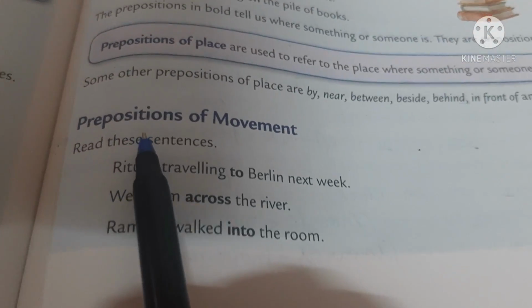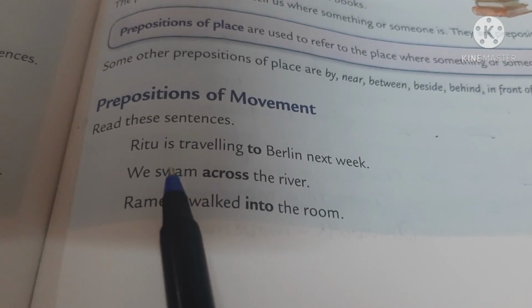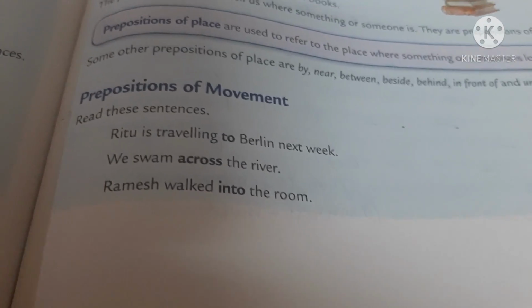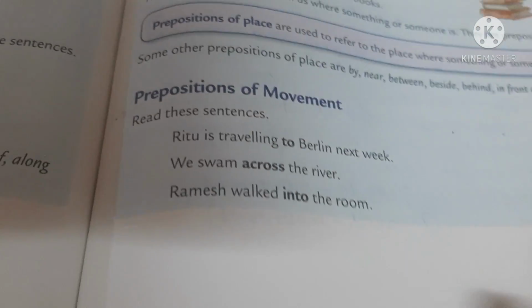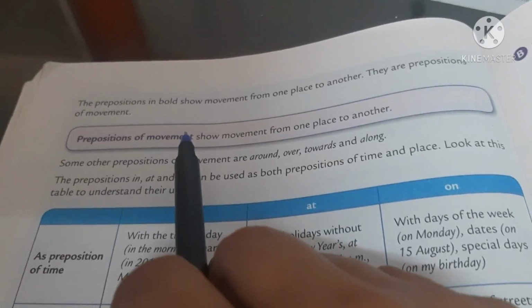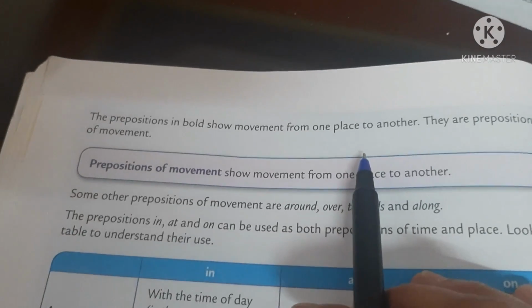Now preposition of movement. Ritu is traveling to Berlin next week. We swam across the river. Ramesh walked into the room. So to, across, into are prepositions of movement. Now the prepositions in bold show movement from one place to another. You can see these words which are in bold, to, across, into. They show movement from one place to another. Means movement